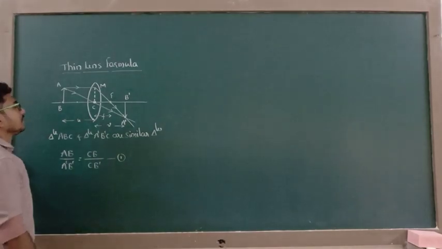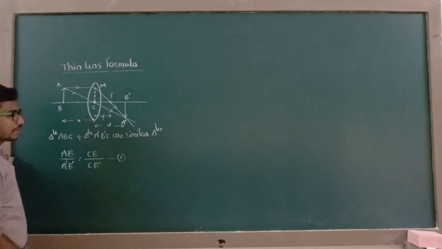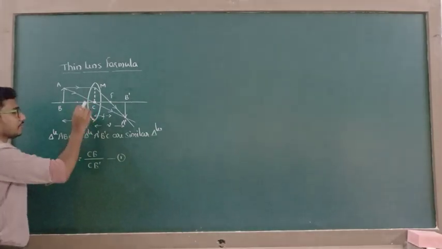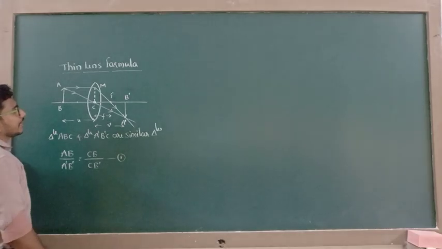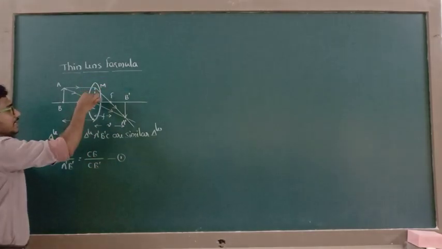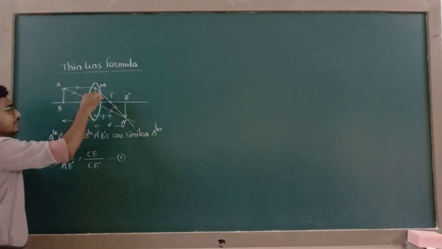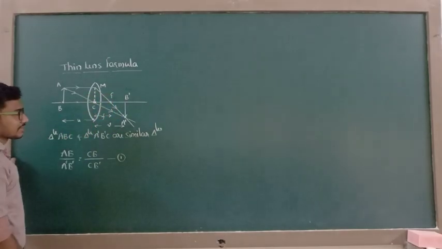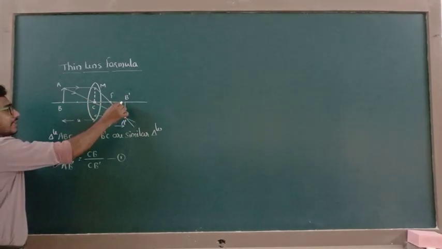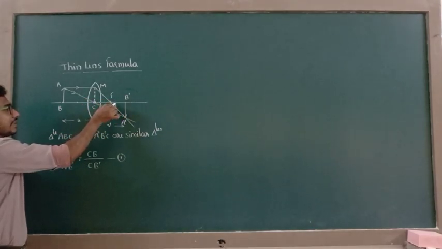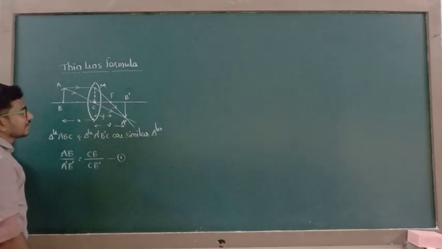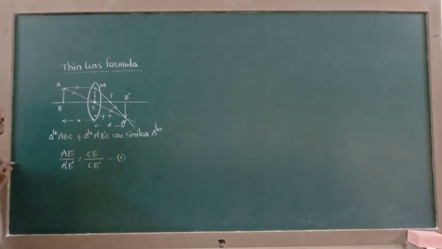Similarly, here MC is the perpendicular drawn from M to the principal axis. That perpendicular meets the principal axis at the optical center. Therefore, triangle MCF and A dash B dash F, these two triangles are also similar triangles. 90 degree, 90 degree, theta, theta, because vertically opposite angles. This angle is 90 minus theta, this angle is 90 minus theta. Therefore, again from similar triangles,